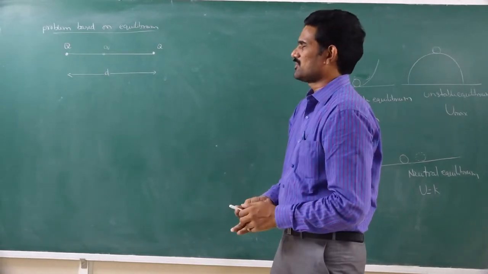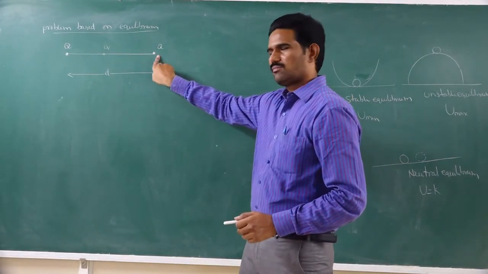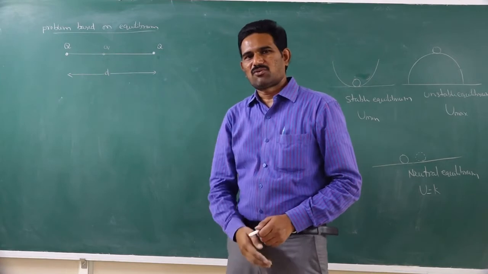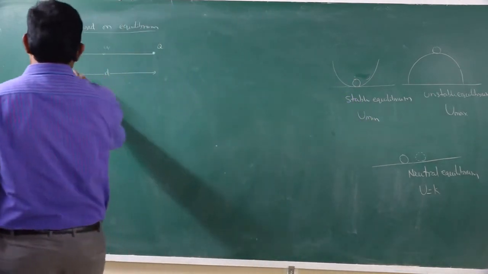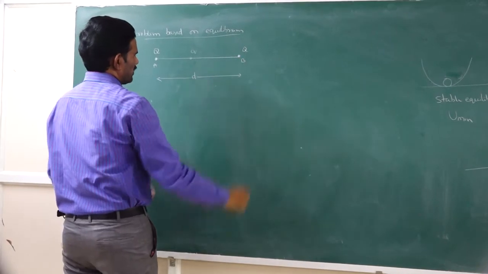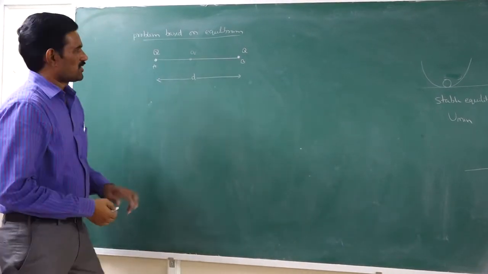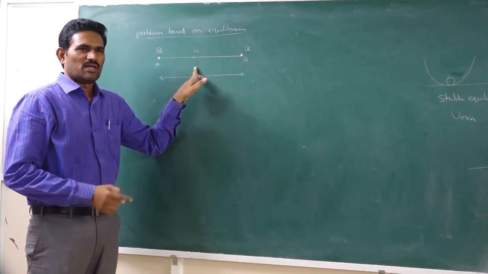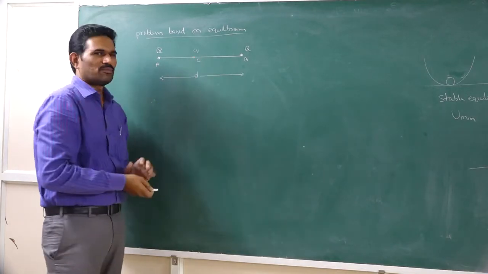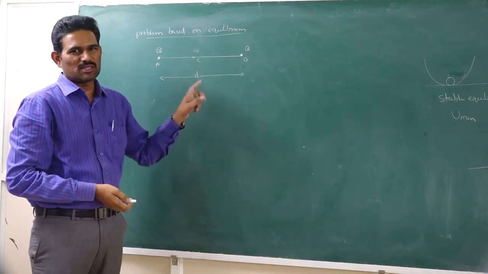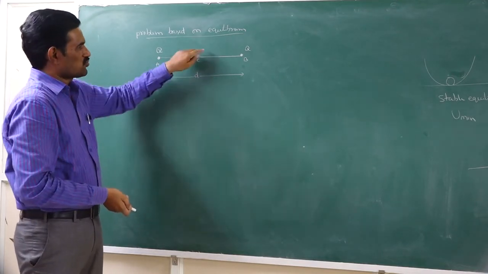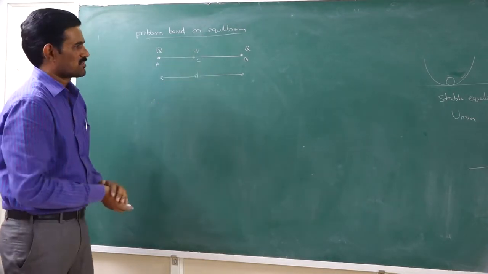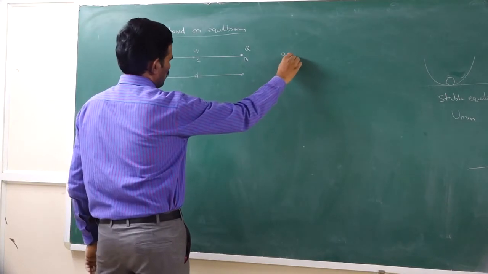Entire system in equilibrium means if you calculate the force on either of the two charges or on the third charge, the net force should be equal to 0 on any individual particle. Suppose we call the charges A and B, and the third charge C. You may calculate the force on A, or on B, or on C. On any charge, the net force should be 0. Then the entire system is said to be in equilibrium. So we need to find the charge to be placed here such that the entire system is in equilibrium. We need to find this small q value.